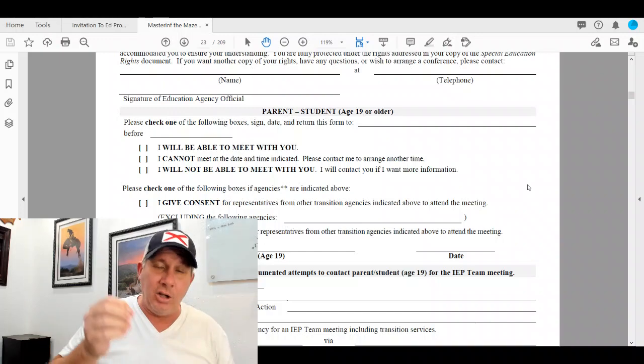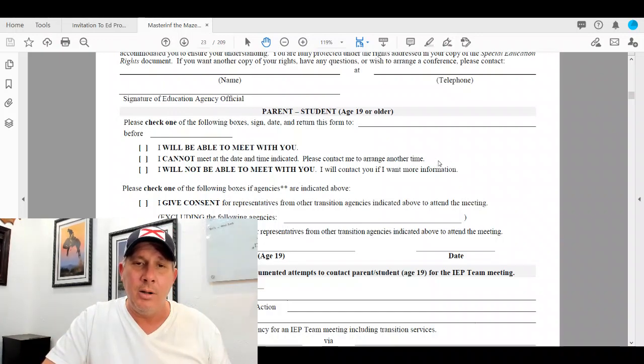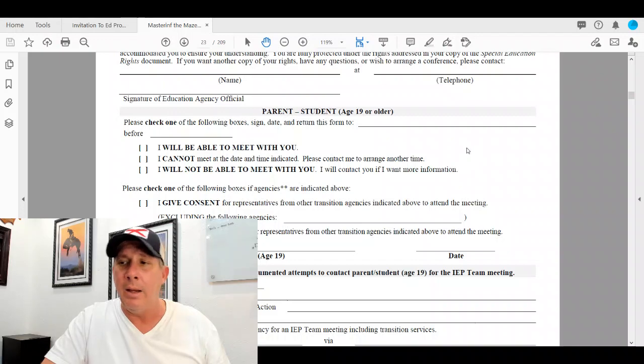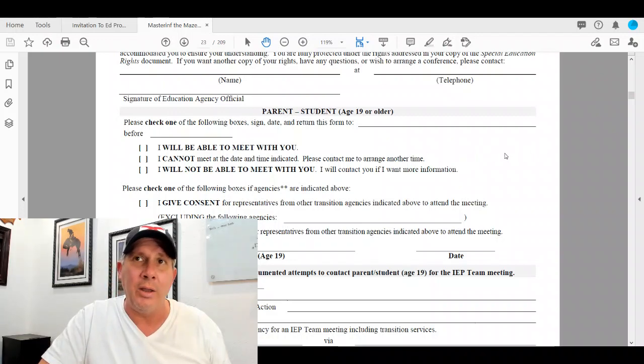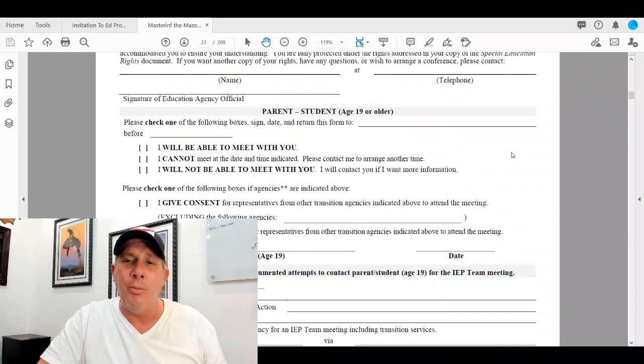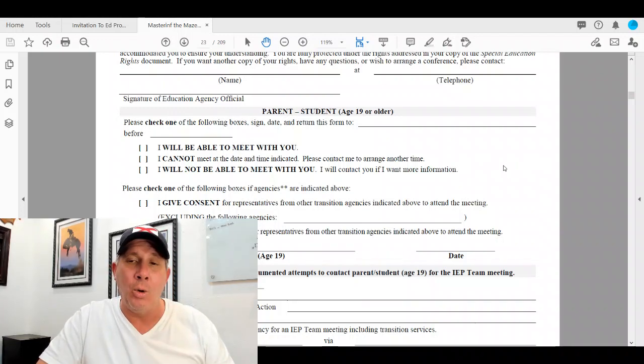And what I think that you should write next to it, if you cannot attend, is that this conflicts with a prior, let's say, medical appointment, or this date conflicts with my work schedule, and then right next to it, please provide me 3 alternative dates that I can choose from in order for me to have that work with my schedule.